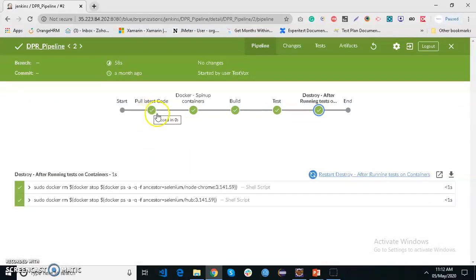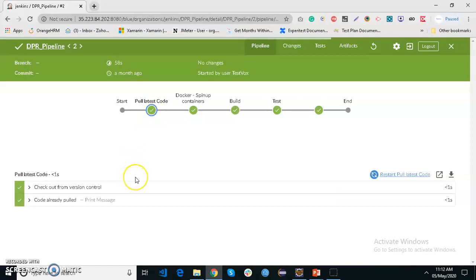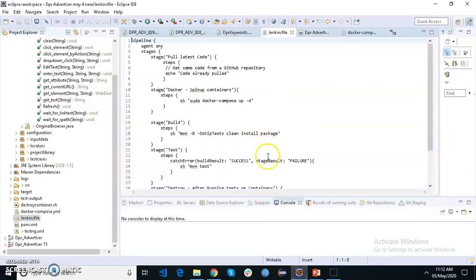Yeah, it shows the full latest code. When I build this, it should pull the pipeline, the Jenkinsfile basically, and it will do all the stages which I have defined here.